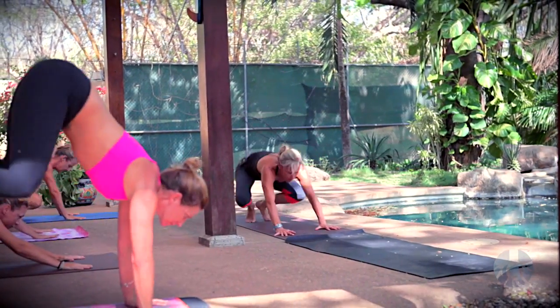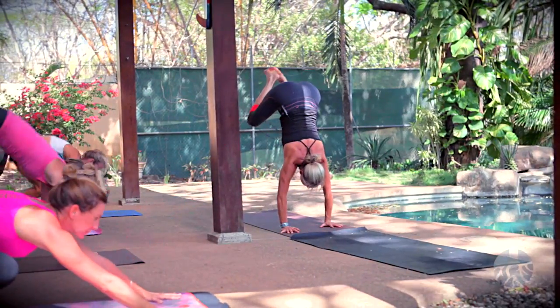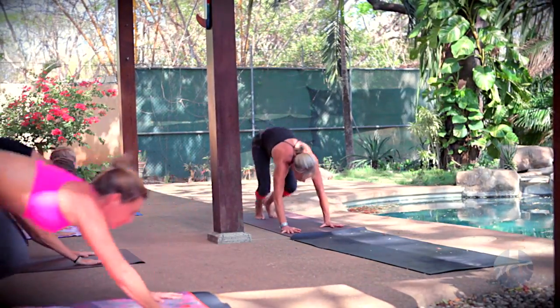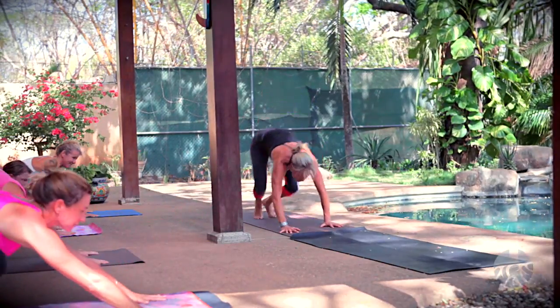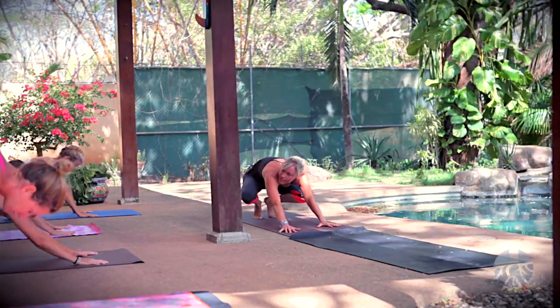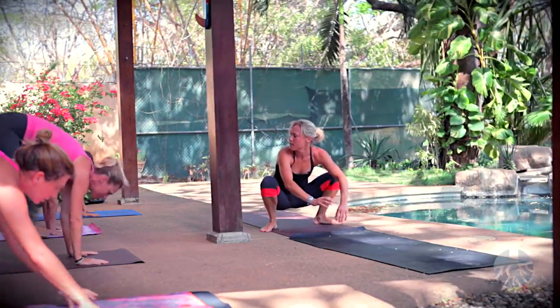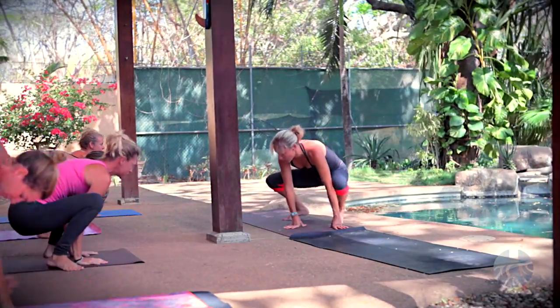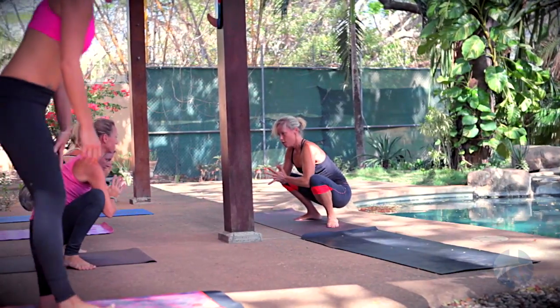1, 2, 3, maybe get a little hang time. 4, 5. Come back, now look at your hands. Good job, everyone. And then just hop feet outside the hands. Beautiful. So coming into Malasana garland pose, bring elbows to the knees, hands to the heart, shoulders away from the